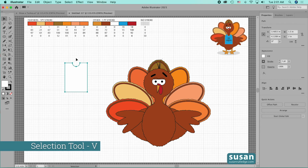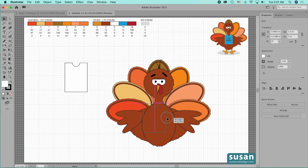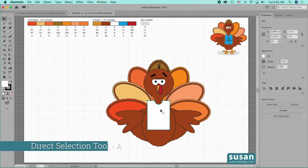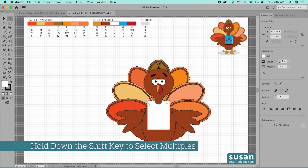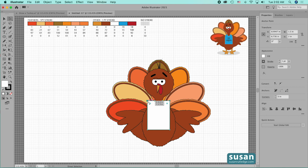Now I'll get the Selection Tool, keyboard shortcut V, and I'm going to drag the bib over and place it on my turkey. Now I want to round these top edges, and so I'll get the Direct Selection Tool, keyboard shortcut A. I'll select the top right anchor and the top left anchor, and I'm going to drag the handles down as far as they'll go, and then I'm going to deselect that to look at it,